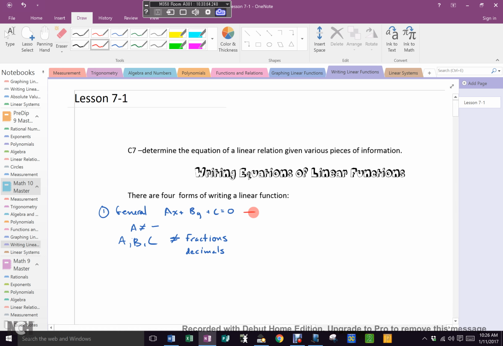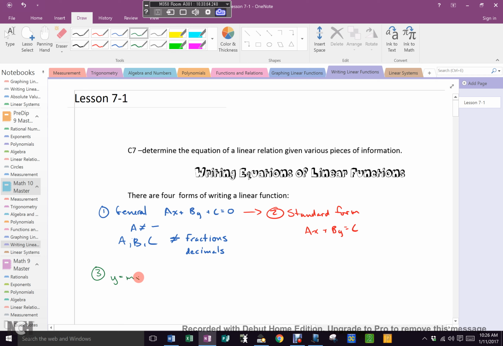And then his ugly cousin, standard form, which follows all the same rules, but it's AX plus BY equals C. But all the other rules apply. Okay? That's number 2. And then number 3,